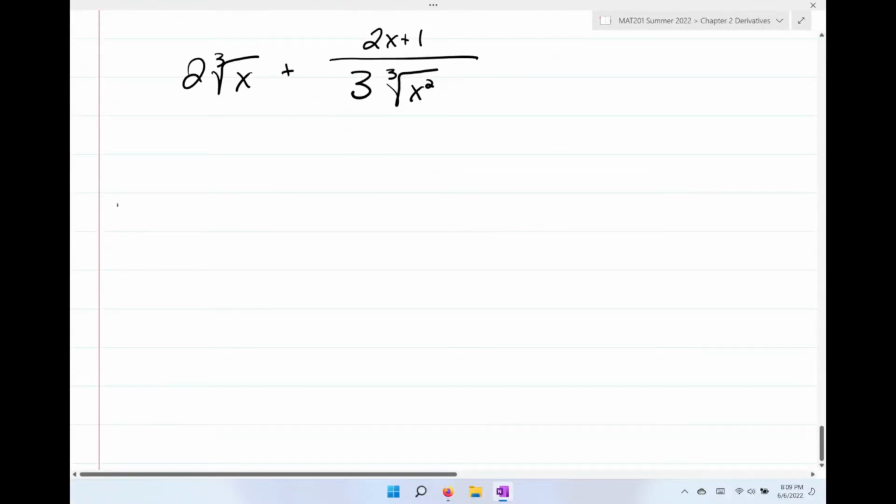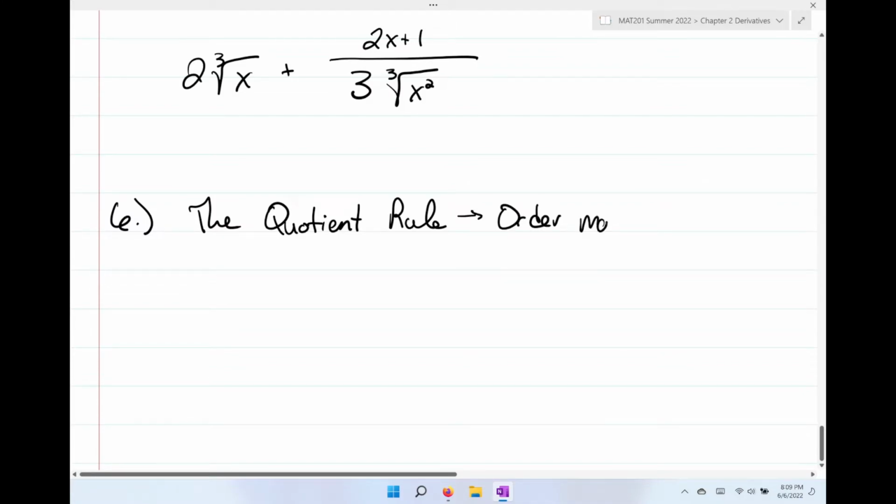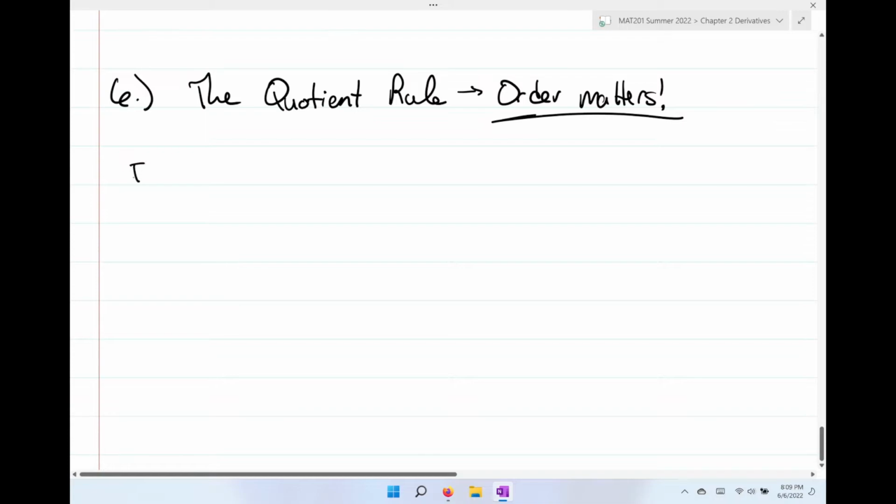All right, and here's 6. This is the quotient rule. And here, order matters. Okay, so make sure you are labeling correctly. So if f and g are differentiable, then